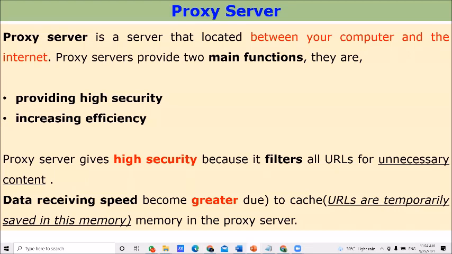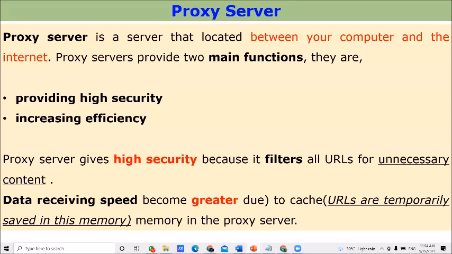Proxy servers have a special filtering system. Through this filtering system, it is able to identify whether a particular URL contains unnecessary content. The second function is that data receiving speed becomes greater, mainly because these URLs are temporarily saved in the cache memory.